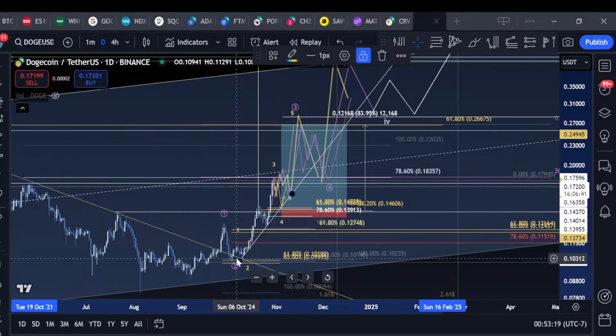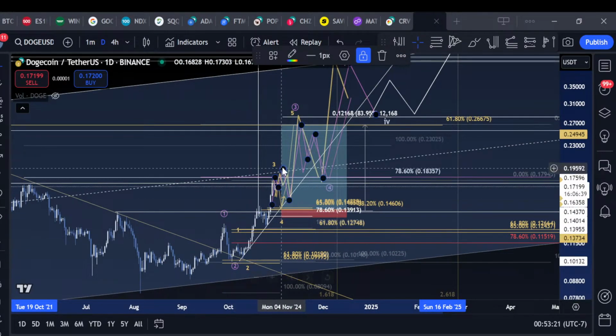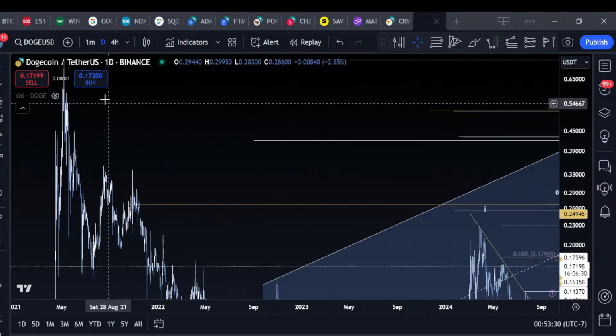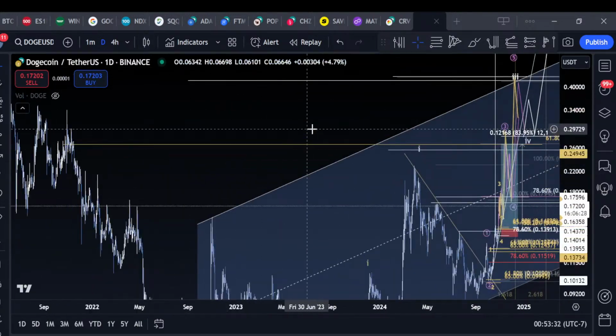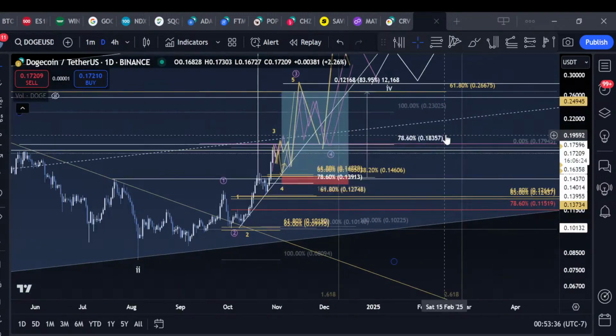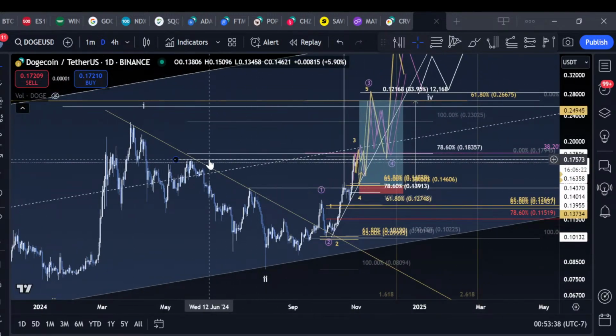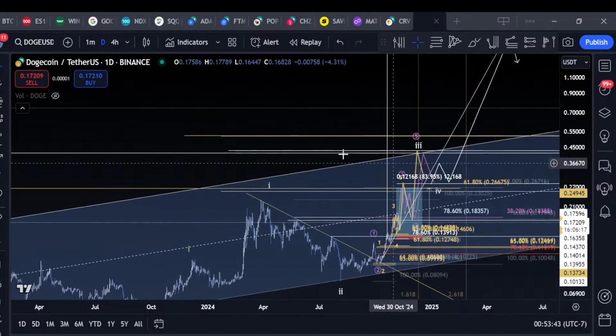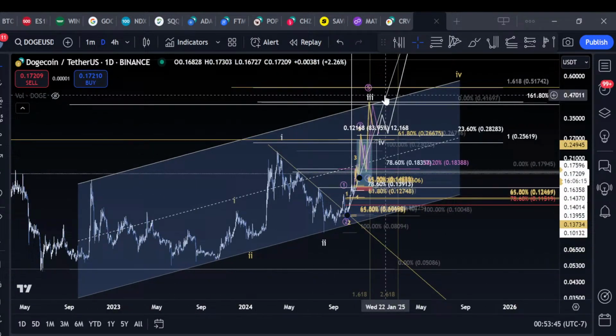We have wave 1, 1, 2, 3, 1, 2, 3, hypothetical 4, 5. We get maybe a big retracement off of this 26K high, which aligns with the 618 retracement. It's a big technical level. Take this high, run through it, have our wave 4. Wave 4 comes back down to kind of retest this idea, and a big impulse up into some ascending structure here. And this aligns at around Christmas.